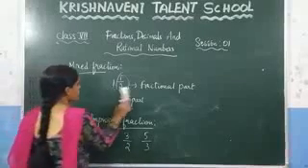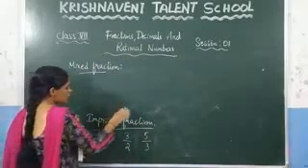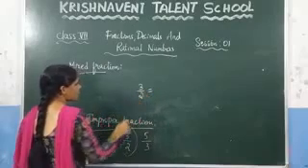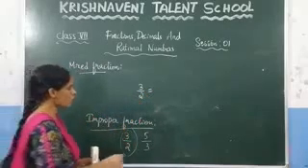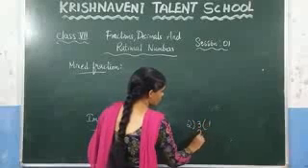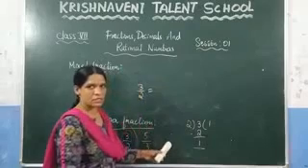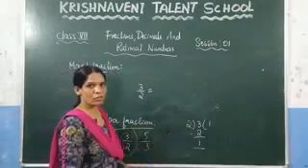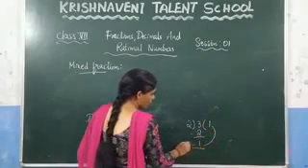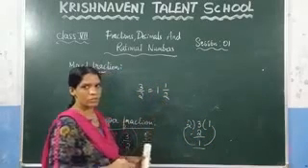Now, how do you convert an improper fraction into a mixed fraction? Let's see it here. Suppose you are given 3 by 2. They asked to convert this one into a mixed fraction. How do you convert here? Just divide by 2. 2 ones are 2. So what will be the remainder? 1. This one you need to write in the anti-clockwise direction. So write it here, 1 by 2. Like that you can do it.